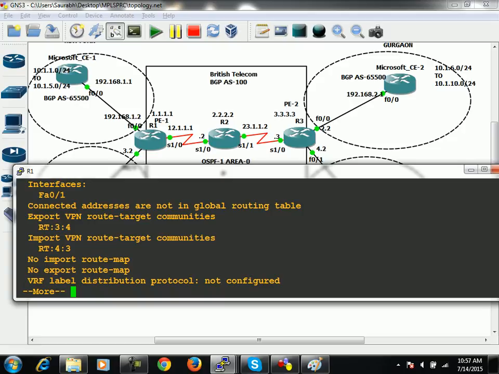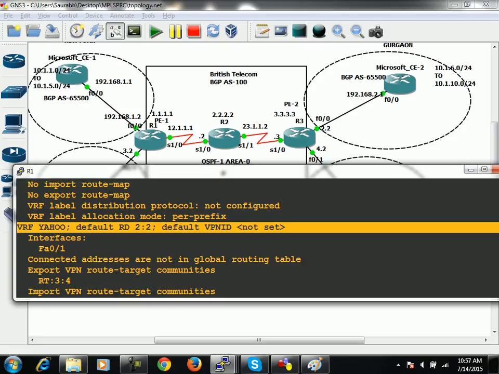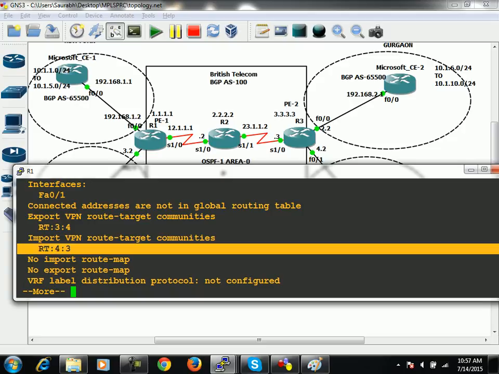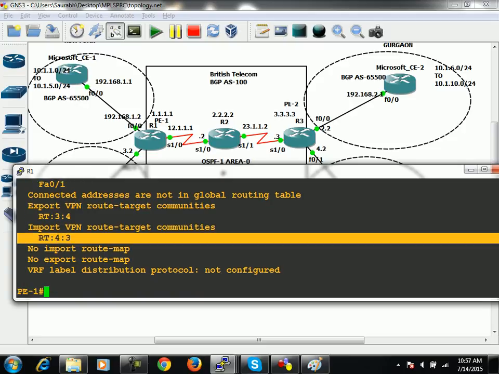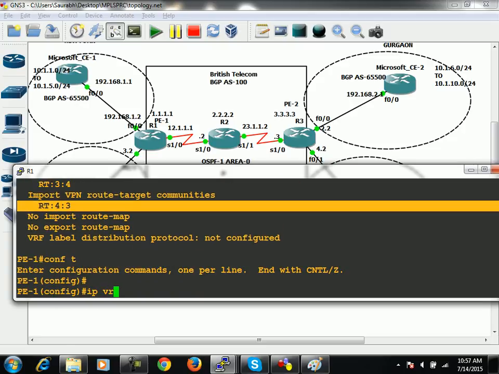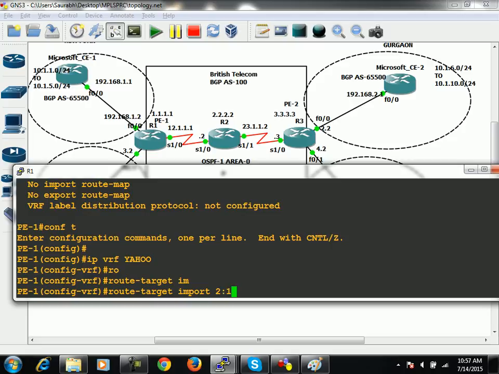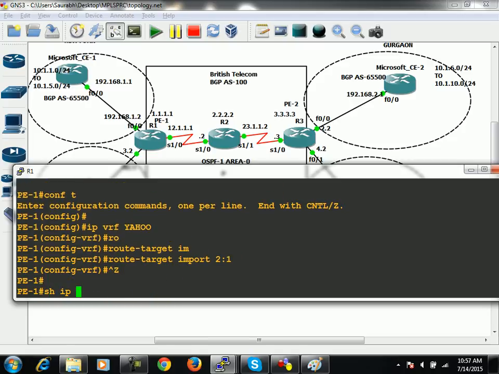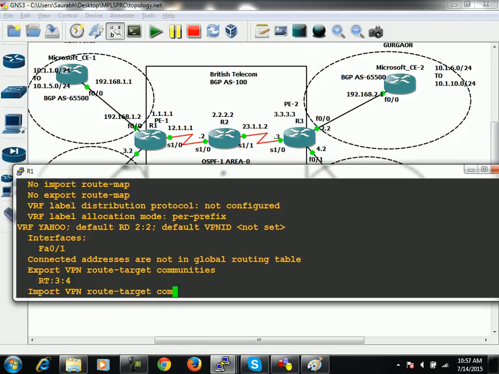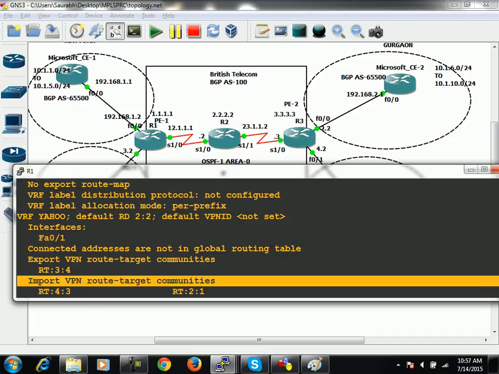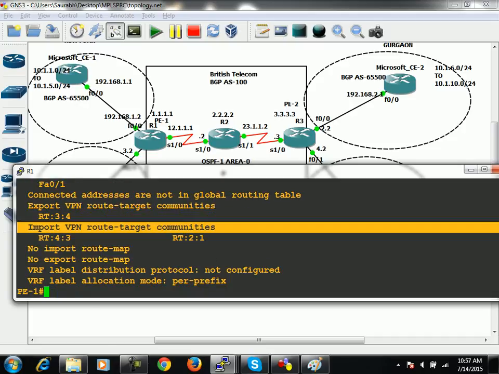For VRF Yahoo, your import RT value is what? 4:3 only, but you can configure multiple import RT values in a single VRF. ip vrf is what? Yahoo. Route target import is 2:1 as well. Now show ip vrf detail. Check it out. For VRF Yahoo, now we have two different